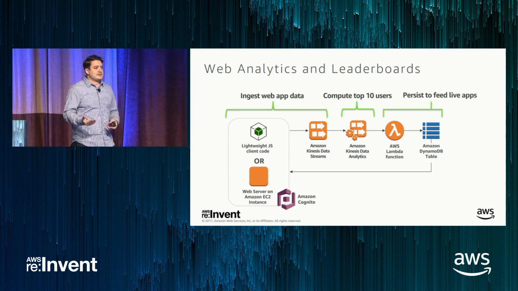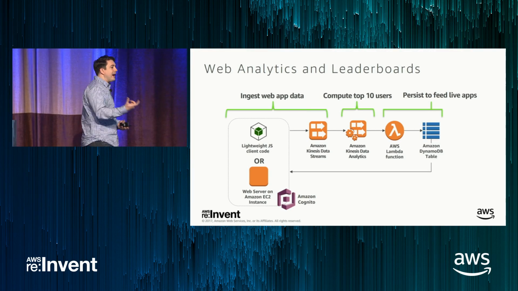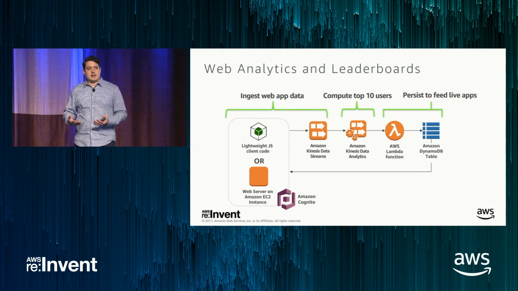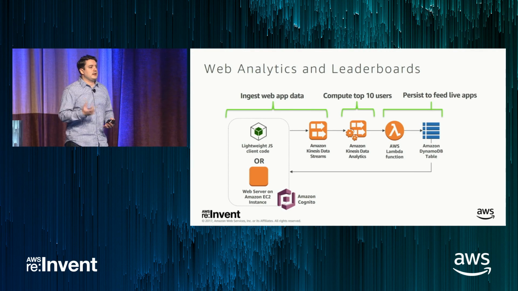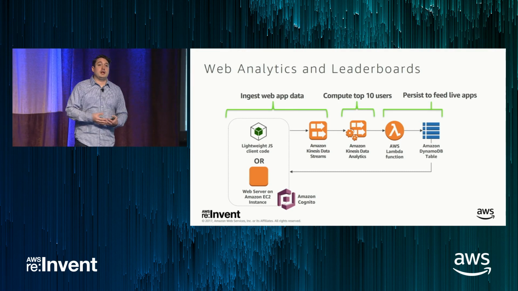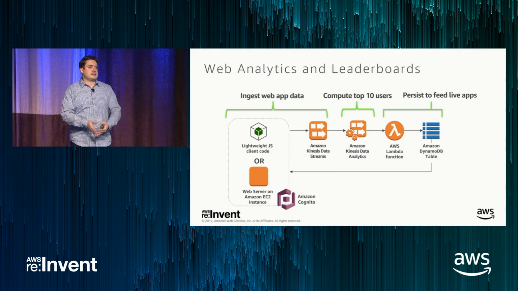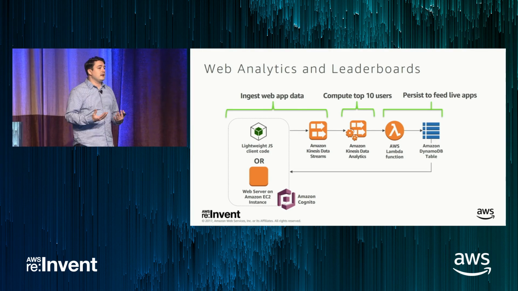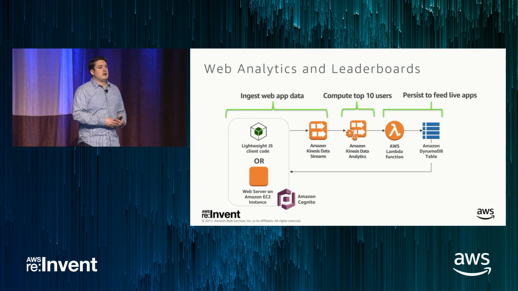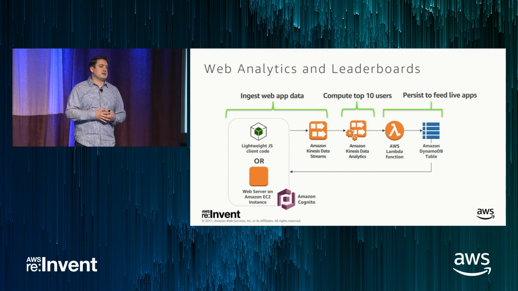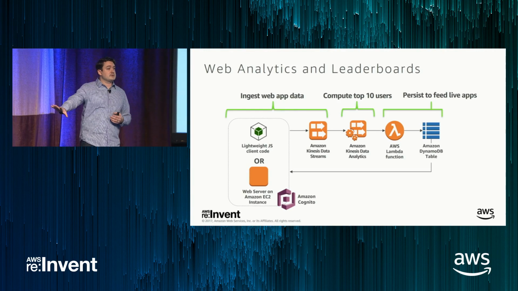Because of the continuous aspect of streaming data, you need some way to bound your data processing. So computing the top 10 users, does that mean for all time, for the last hour, for the last 10 minutes? It's usually a time semantic that will bound the data processing. You can also use different keys, like maybe I've seen n number of events and then I'll stop processing. So give me the top 10 users for the last 1,000 events. You could also say, give me the top 10 users for this specific segment, and do this continuously over time. But the whole point is you need to bound the data processing in some way to determine when you're going to emit results.